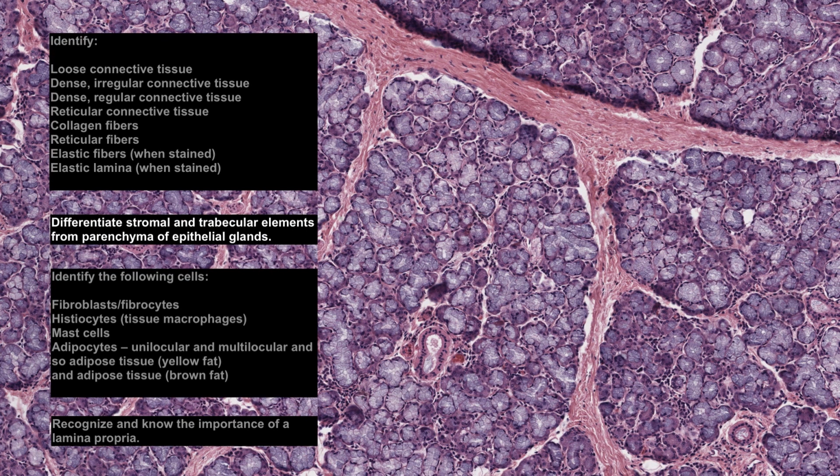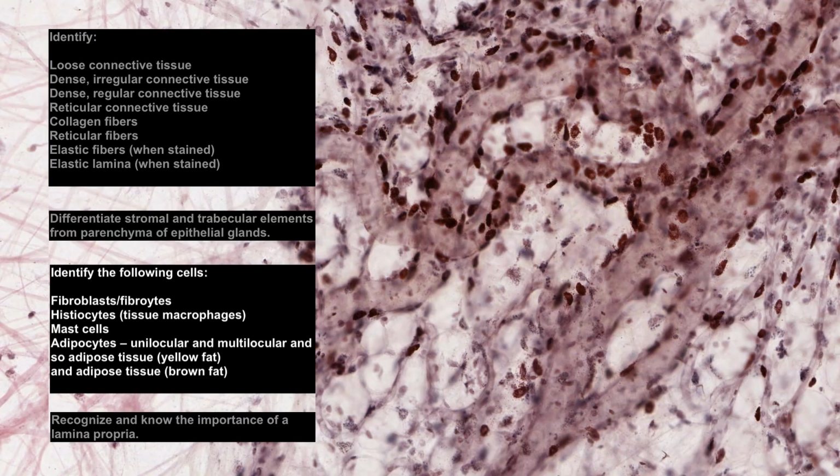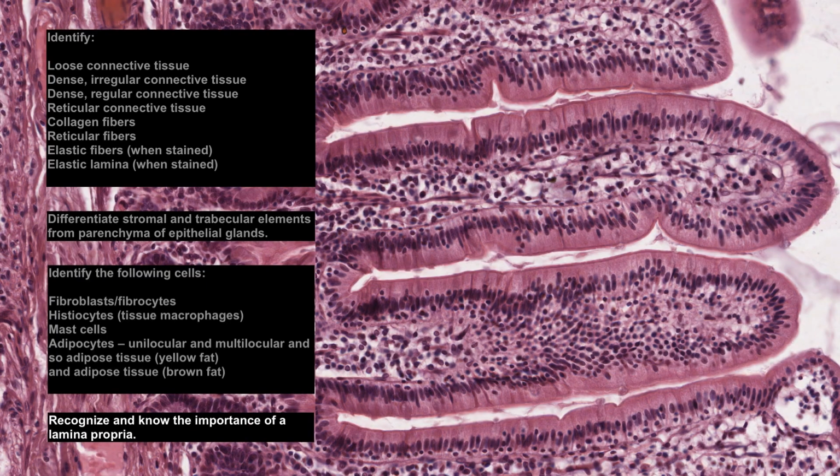Be able to differentiate stromal and trabecular elements from parenchyma of epithelial glands. And identify the cells listed: fibroblasts or fibrocytes, tissue macrophages or histiocytes, mast cells, and the various types of fat cells or adipocytes. And then finally, recognize and know the importance of a lamina propria,